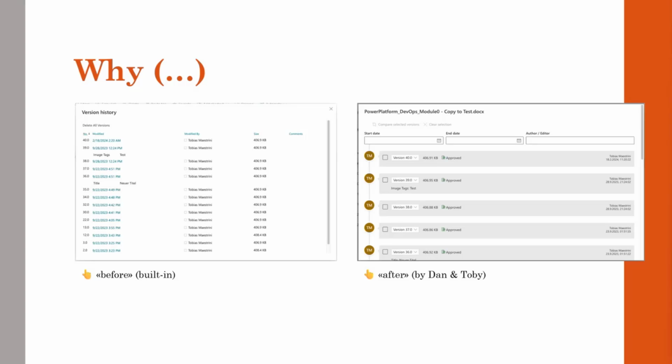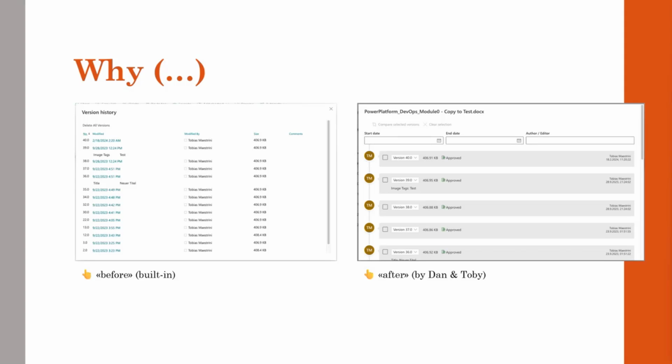I always have to go through this long list of editors and document sizes that the built-in version history on the left-hand side here offers, filtering editors and change dates and comparing file metadata from different versions. So what we wanted to provide on the right-hand side was an easy to understand user interface by enhancing the built-in experience. For example, by decreasing the loading time of the history window, and that's why I'm starting to smile again,